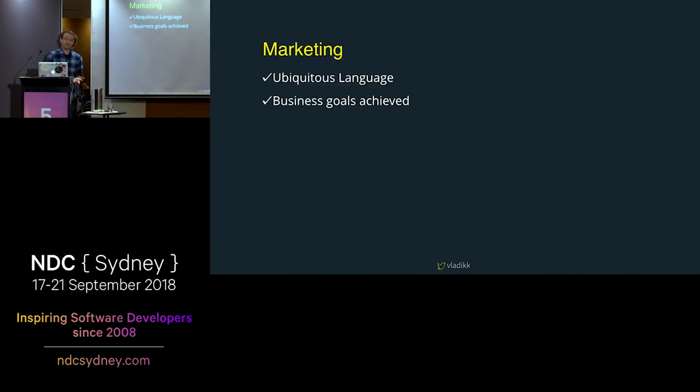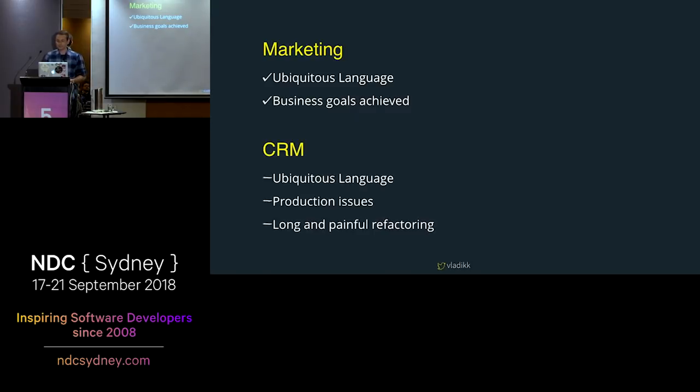When we just started, our implementation was far from perfect. But the robust ubiquitous language compensated for the architectural shortcomings, and we were able to deliver the project's goals. In the CRM context, we screwed it up. Unintentionally, we had two languages describing the same business domain. This led to lots of problems, and even though we've strived to have a proper design, because of the communication issues, we ended up with a huge mess.